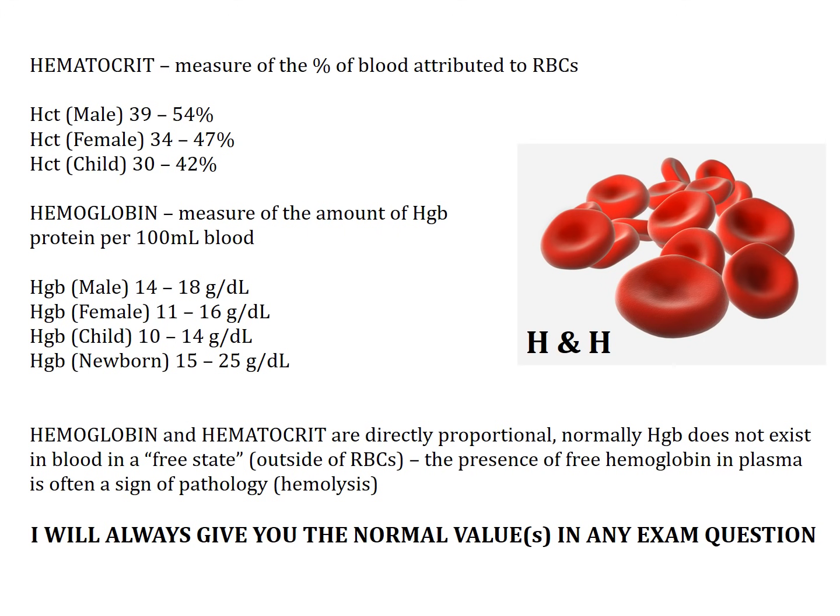Hemoglobin protein is found in the red blood cells. It typically does not exist free in plasma, meaning it's not outside of the red blood cell floating around in plasma. That's actually a relatively dangerous condition, and that can lead to renal toxicity, to have hemoglobin free in plasma. So when we're measuring hemoglobin, we're measuring what's in the red blood cell. And again, like I show at the bottom here,